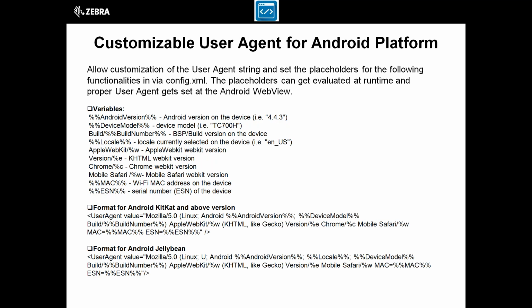We have also provided support for customizable user agent for the Android platform. We have provided support from Android KitKat version, and a format from Android Jelly Bean version, but the format for Android Jelly Bean is different when we compare it with the format for Android KitKat and above versions. So we have introduced new variables like Android version, device model, build number, locale,